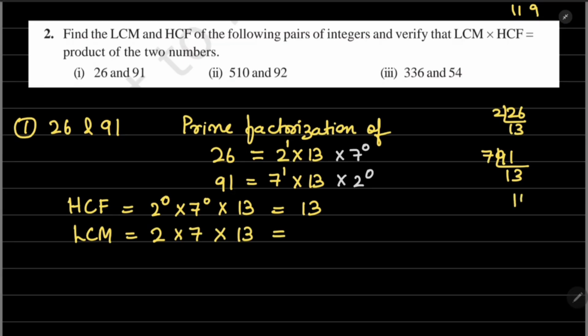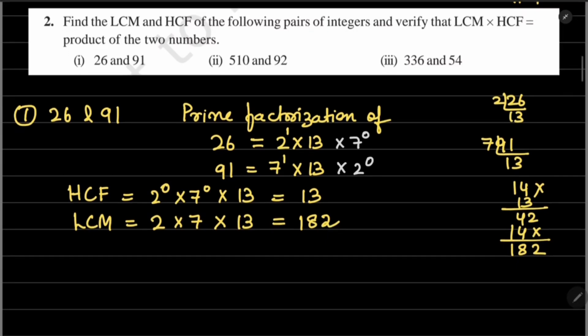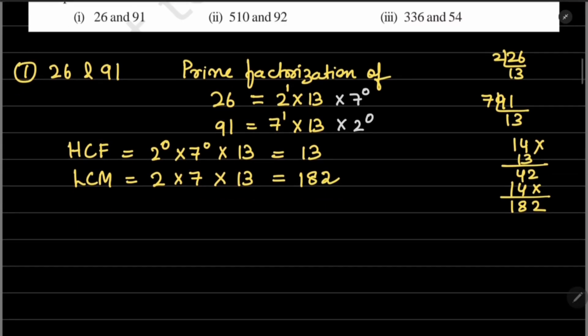So you will have to multiply 7 2s are 14 into 13. What is 12 to 1? Okay, 42, 4, 1. So it is 182. 182 is the LCM, right? Okay, now we have to do the verification. We will have to verify that